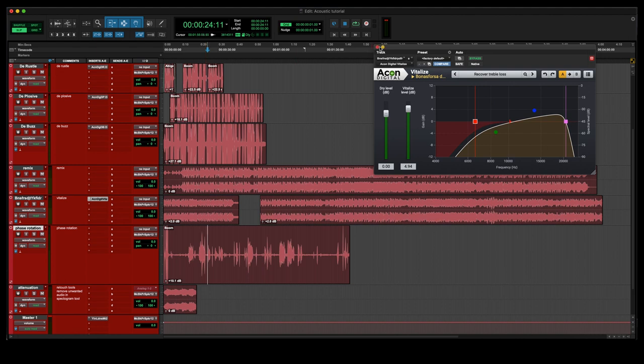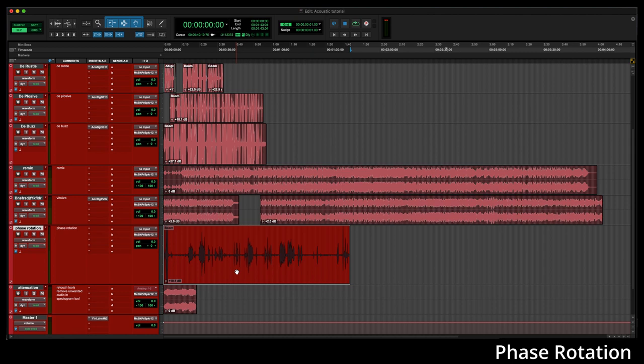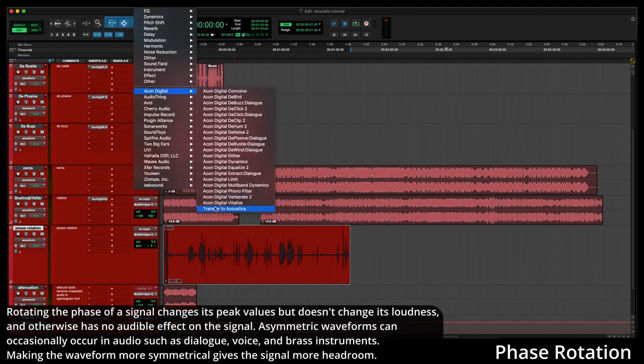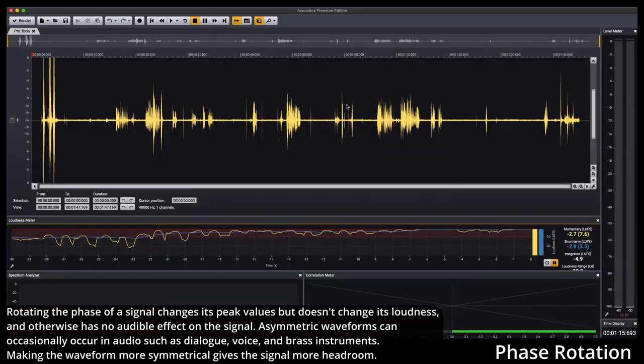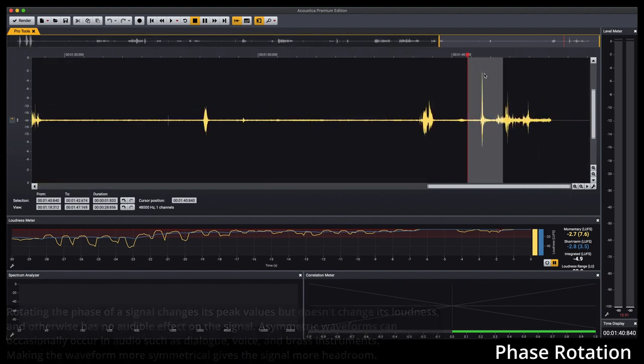Next one, we have phase rotation, which RX9 also has. So let's send this to Acoustica standalone program. Phase rotation, for example, this sound here. As you can see,